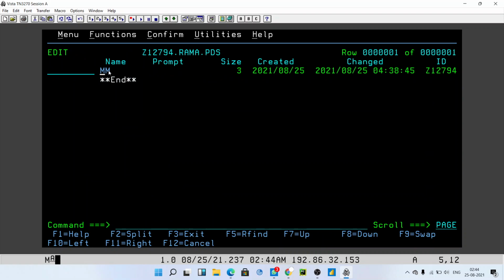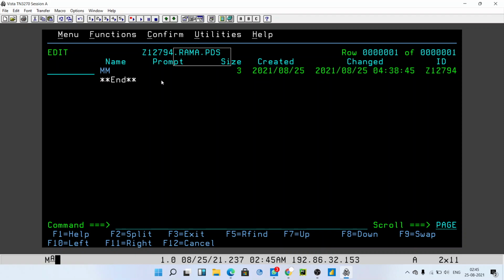After successful execution of my demo, you can see two members there. I'm going to copy that m member from ram.pds to rama.pds. This is my problem statement.